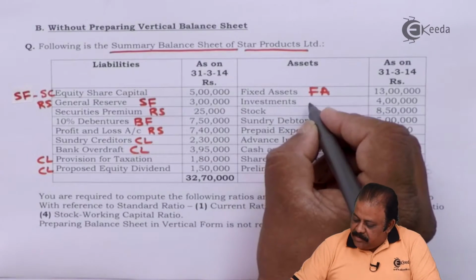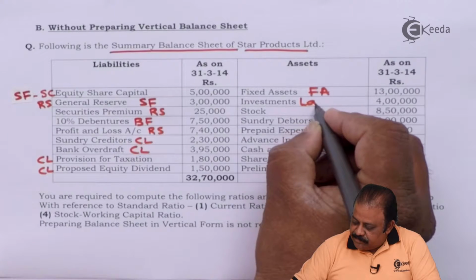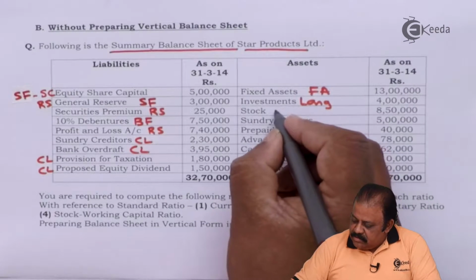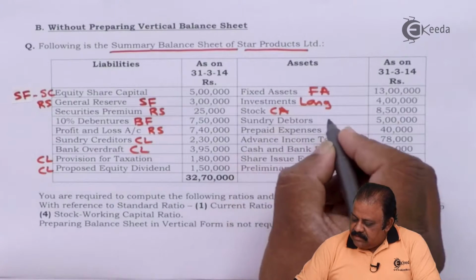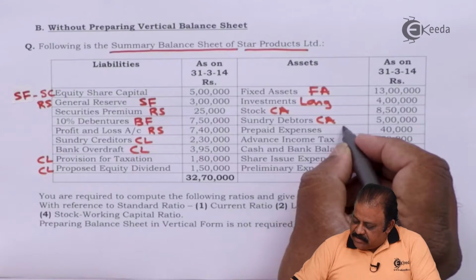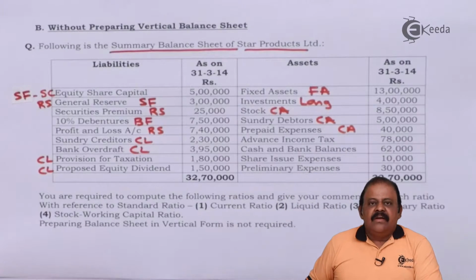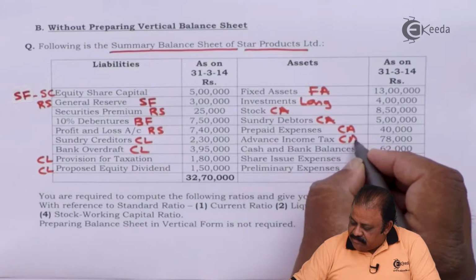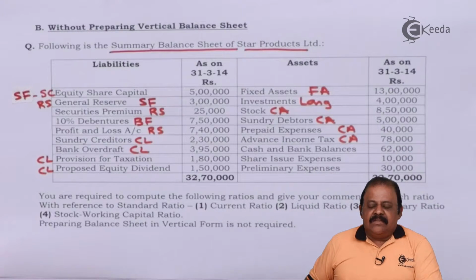Investments, these are long-term investments. Stock, current asset. Debtors, current asset. Prepaid expenses, current asset. Advance income tax, current asset. Cash bank balances,